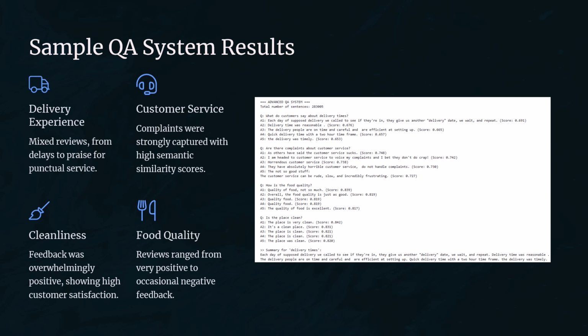Next, let's discuss the ethical assessment of our system. First and foremost is privacy protection. We ensured that all personally identifiable information was removed from the dataset to maintain customer confidentiality. Bias mitigation was a key consideration. The system was assessed to ensure that diverse voices were accurately represented, and that the sentiment analysis was not skewed against